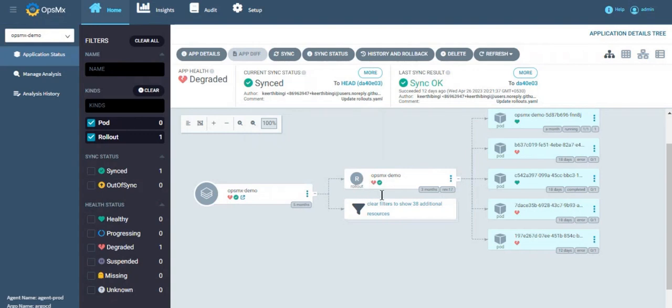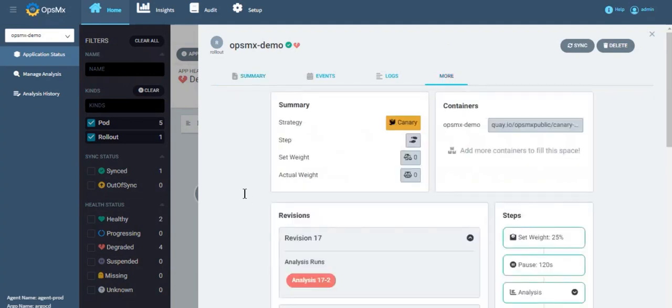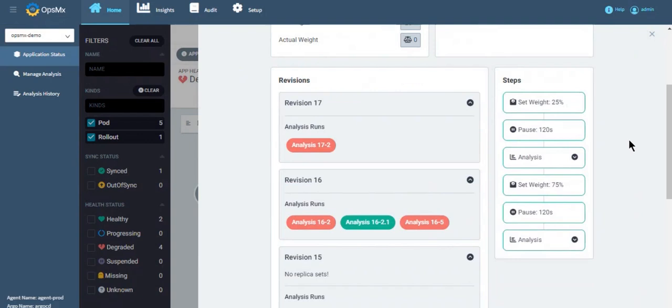Now let us quickly refer to the strategy involved while deploying applications using Argo Rollouts. All right, so now what we can see is we have a canary deployment strategy, and the steps involved in the canary deployment of our application OpsMx Demo are: first, deploy the new version of the application to production and allow 25% of the traffic to the new version. Under the hood, our rollouts might be leveraging Istio service mesh or NGINX ingress. Let the new version cater to a small portion of the traffic for 2 minutes and then pause for an